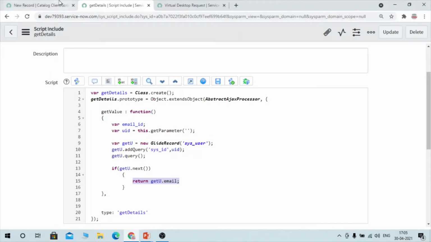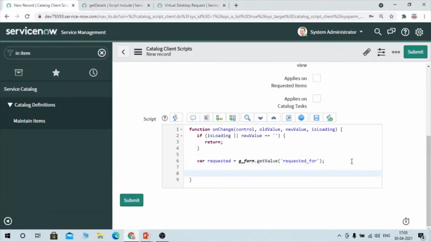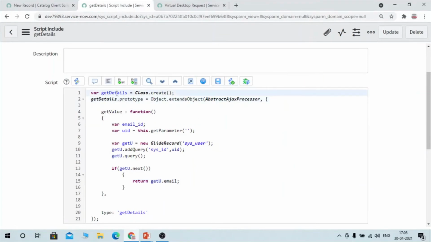Now the main part, we are going to use GlideAjax. So how do we use GlideAjax? First we need to create an instance of GlideAjax, and pass the script include as an argument. So I have created an instance of GlideAjax, and here I'm going to pass the script include which I have created.